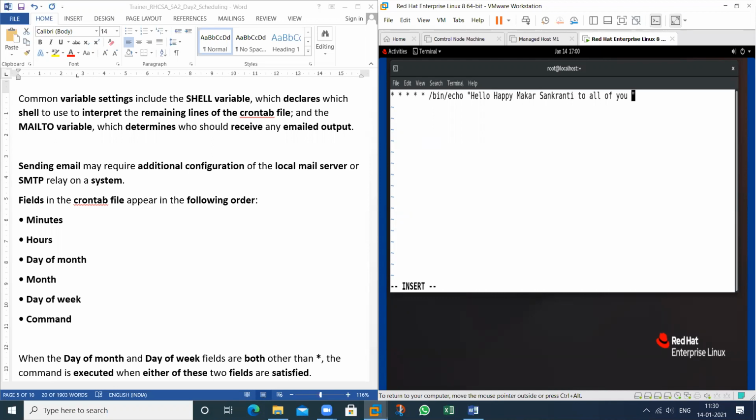So type the message that you want to send, and I want to save this message in a particular location, a particular file. So just provide the location, in root, happy.txt. This particular file will be created.